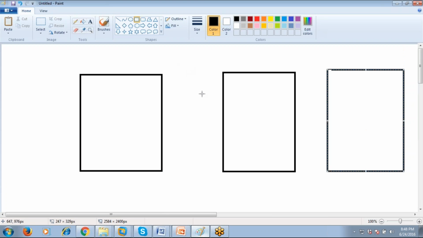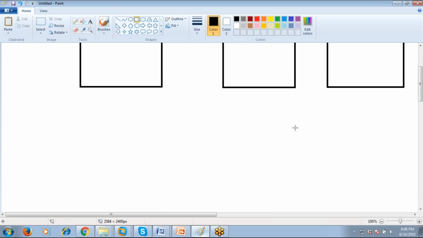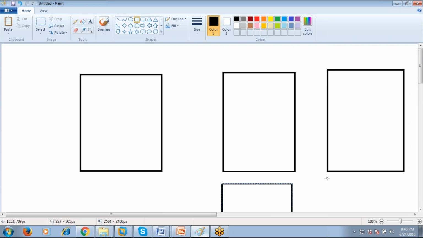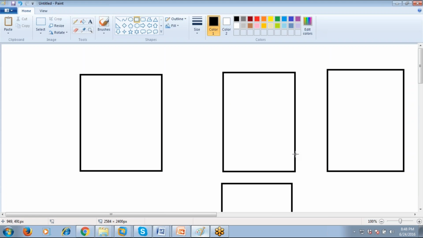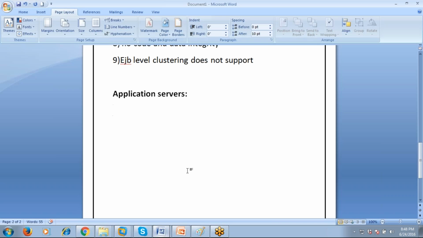The reason is that tomorrow the workload increases. Then you can set it up on a different machine. Everything is the same. You can distribute the application to a different physical machine. So that's why application servers follow the three-tier architecture. Very important definition: application servers support both static and dynamic